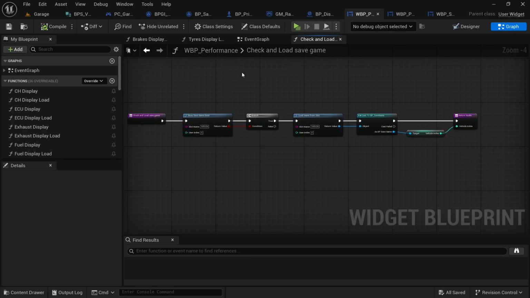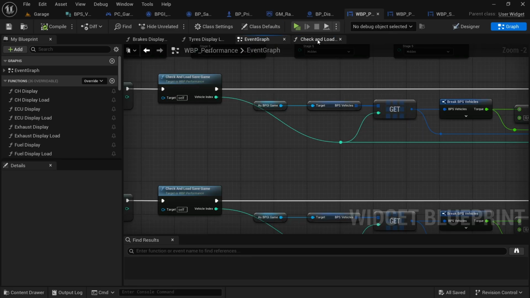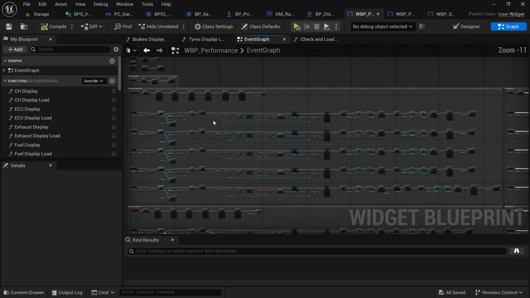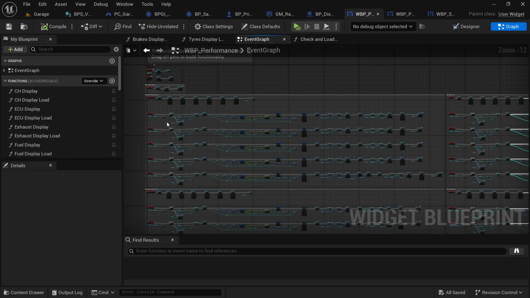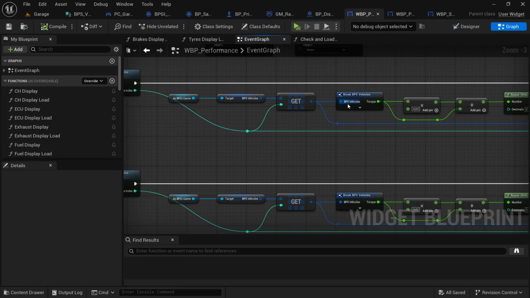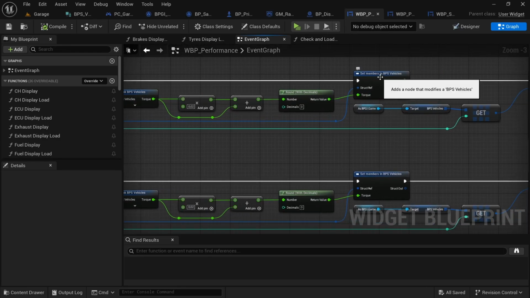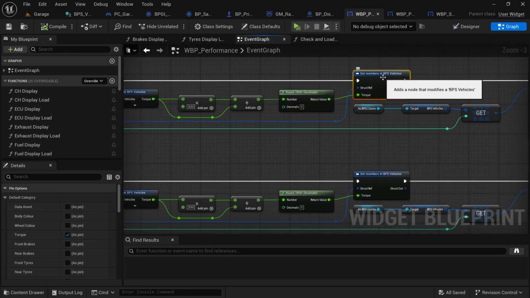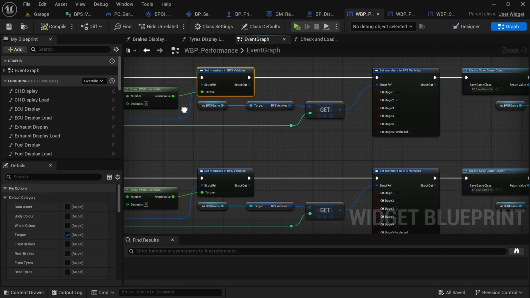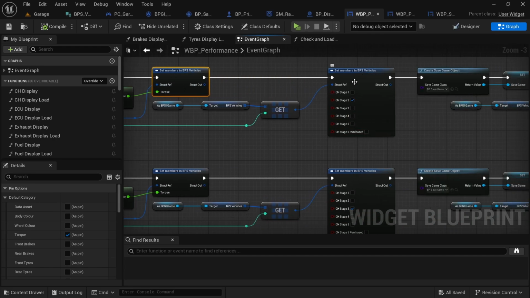So here also we just check the variable over here, because otherwise it would be fairly lengthy code. I just wanted to shorten it a little bit, because as you can see already it is fairly long. It also looks a little bit nicer. So that's pretty much how this works. We get all of that, and then here we set the members of the change variable. So we set 2 things: we set the torque value for each car, and then we also set the corresponding boolean, because we've also changed the